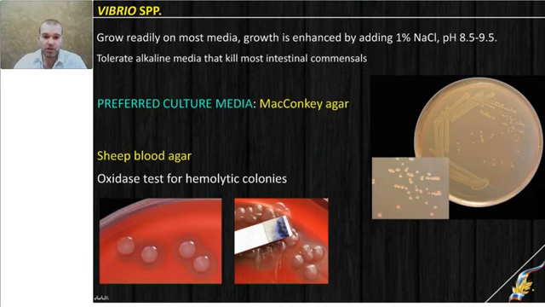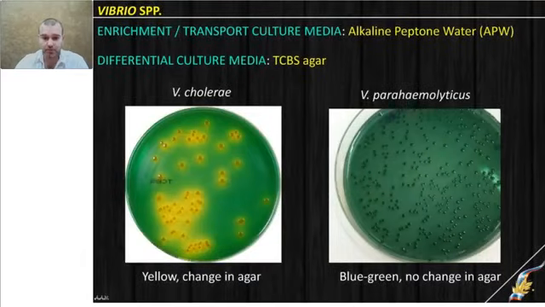Of course, initially you will need to differentiate with enterobacteria and with the pathogens of Enterobacteriaceae family, and the same culture medium, Endo agar, is required to grow that microbe initially. Colonies will be lactose negative, very small, pinpoint, and pale pink. Second culture media which is required for cultivation is a blood agar. Usually it is a sheep blood agar, and colonies with hemolytic zone are required to be studied with the oxidase test we discussed before, and if color is blue, then it is confirmation of pathogenic Vibrio species.